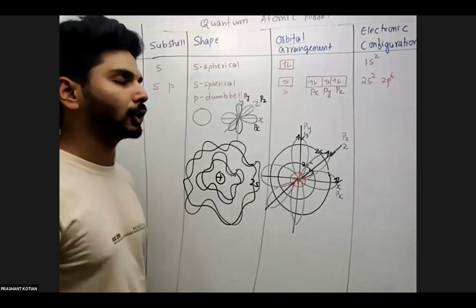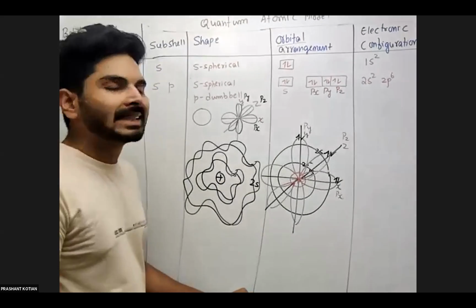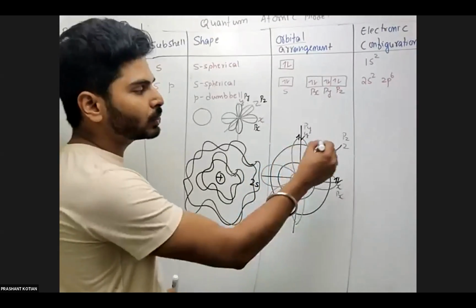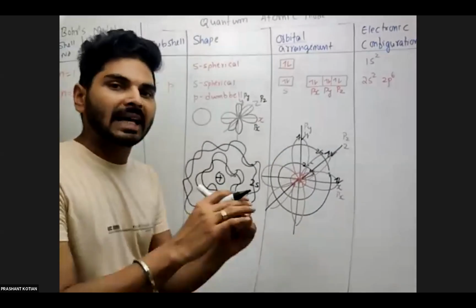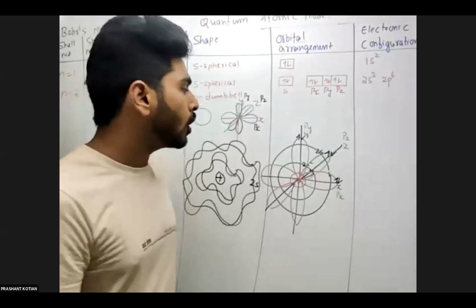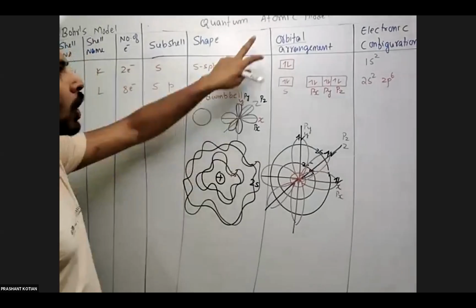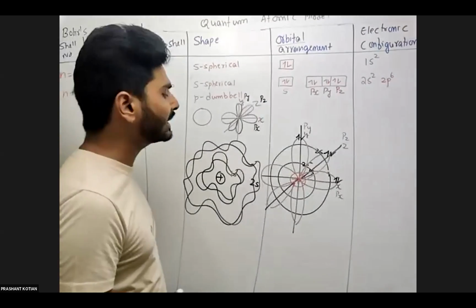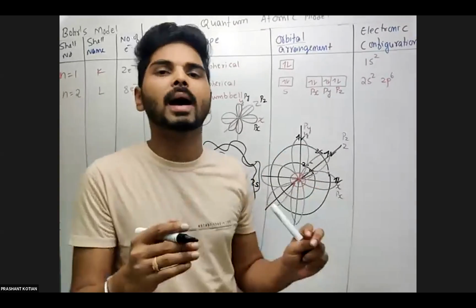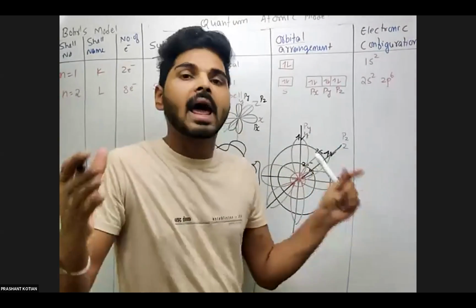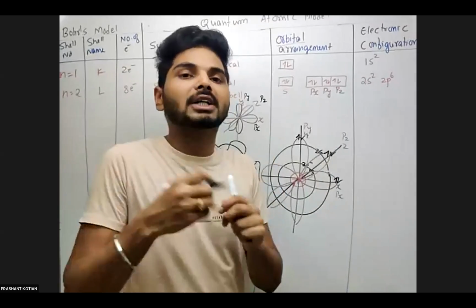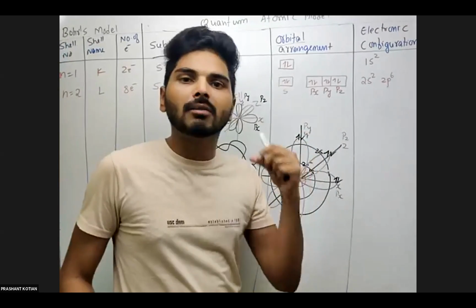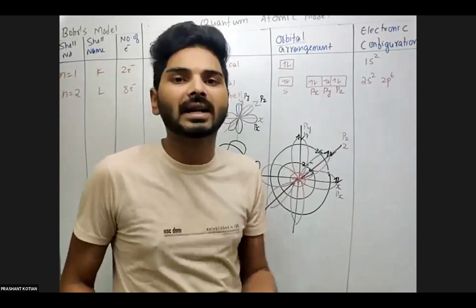Now the fifth electron, if you are constructing the atom, where can it go? If you keep on putting two electrons in a spherical manner, the size of the atom will become bigger. The mathematical approach here, because the quantum atomic model is purely mathematical, states that instead of filling two electrons in a spherical manner, it will make the atom go bigger. At the same time, the force of attraction with the nucleus will reduce, because as distance increases, the nucleus will not be connecting to the electron to that extent.